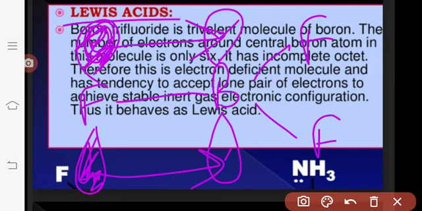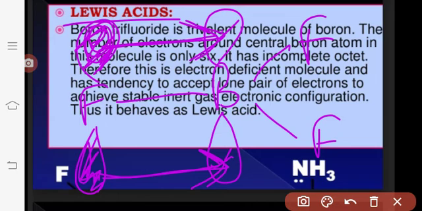Okay, what will we call this, beta? We will call it back bonding. Due to the back donation of electrons from fluorine to boron, the electron deficiency of the boron atom gets compensated, and it shows a decrease in Lewis acid character. This tendency to form a back bond is maximum in the case of BF3, and it falls rapidly as we move from BF3